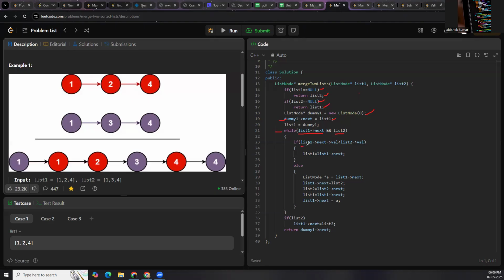If any of them is null, then we can't proceed. Inside that, I'm checking L1 next value; if this is L1, this is L1 next and this is L2, so I'm comparing this node with this. If L1 next value is lesser than or equal to L2 value, we can use equal to also, no problem, we are simply moving the L1 pointer to its next. In else, if it is greater, then